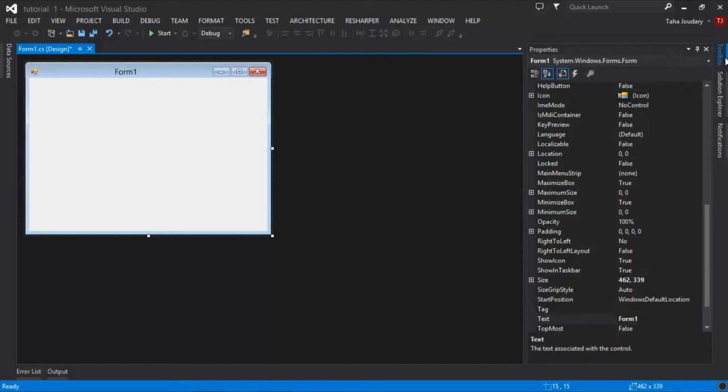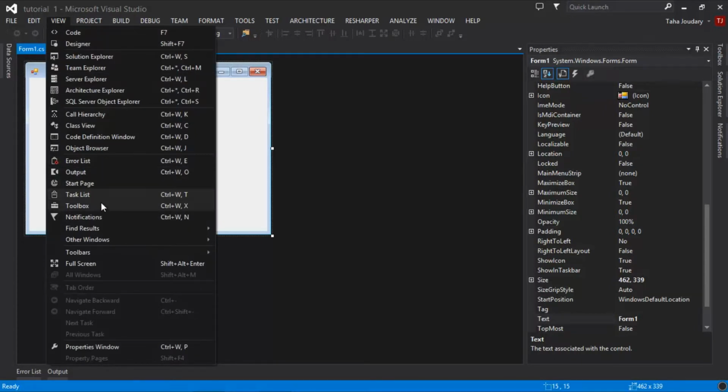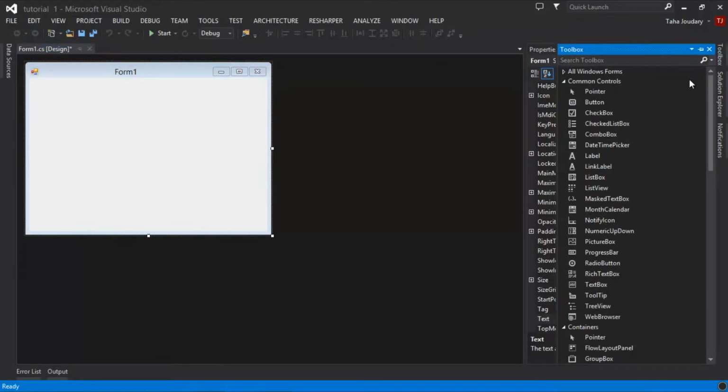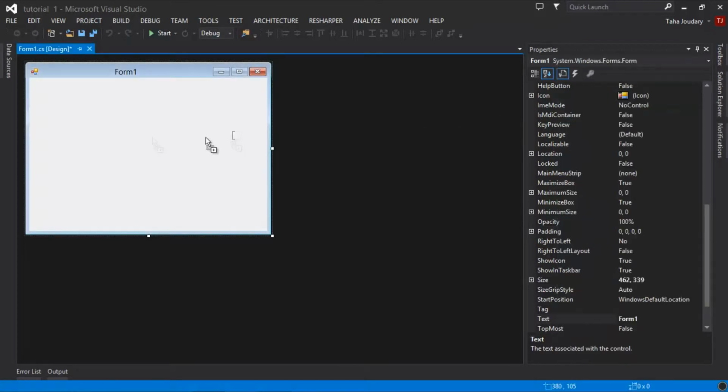If you can't see your toolbox, by the way, you can go to View, Toolbox, which is right here. It's usually on the left side of your screen, but I moved it to the right side, which is better if you ask me, because you have your controls on the right and it doesn't mask up your form. So anyway, I'm gonna grab in a button,